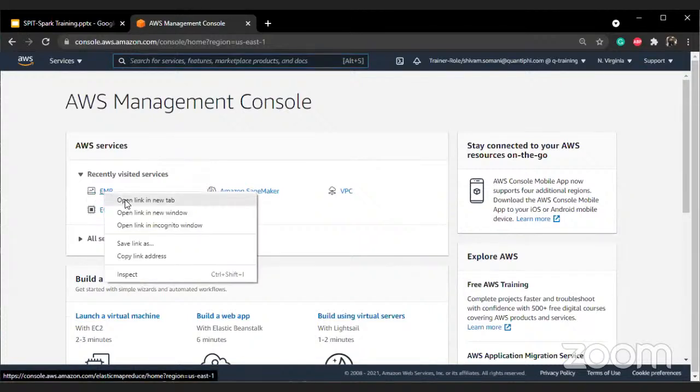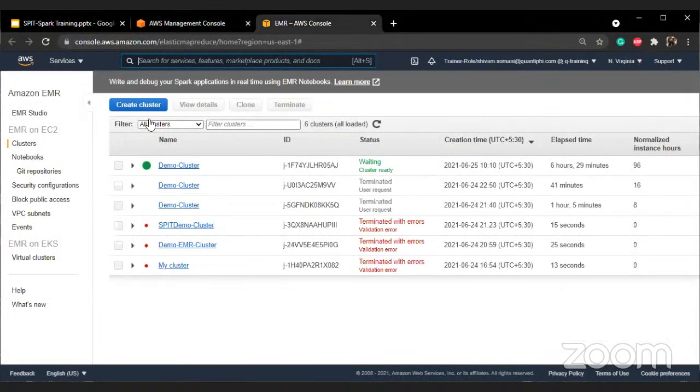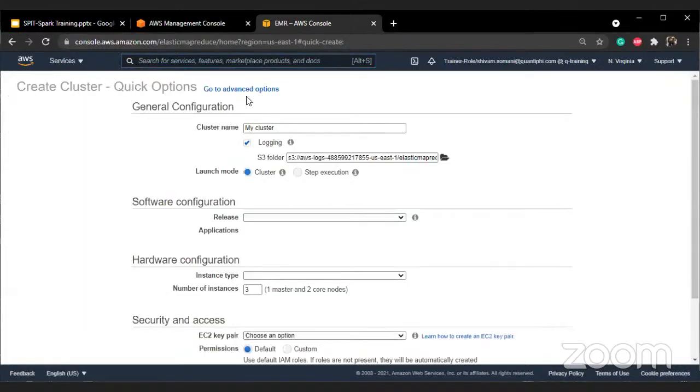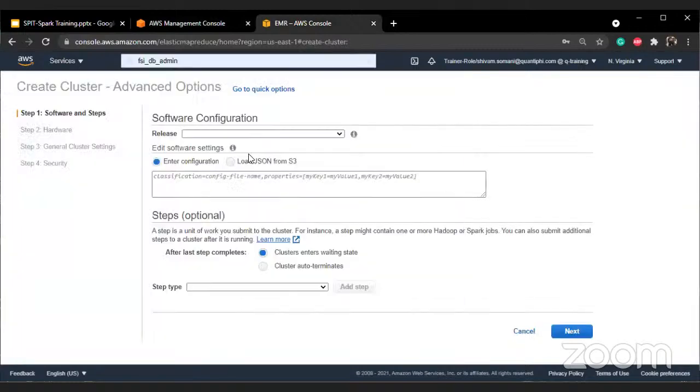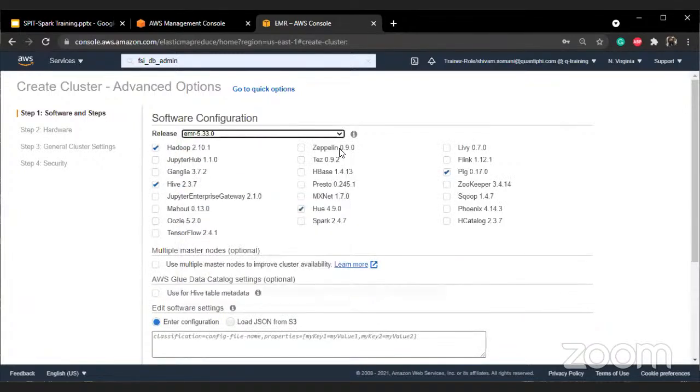Basically, EMR is a managed service which provides you all the kinds of big data systems. You just have to pick them, I'll show you how. There's a cluster already created, but I'll show you how it's done. This is EMR. If you go to advanced options, these are all the Hadoop systems we talked about, right?